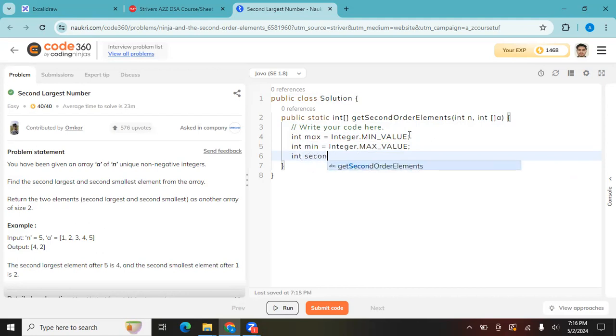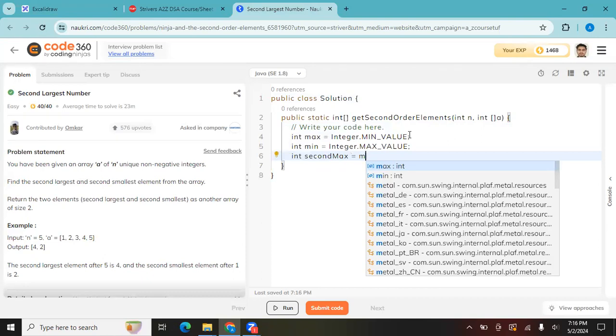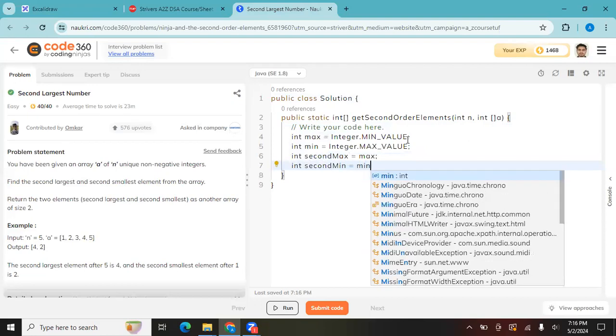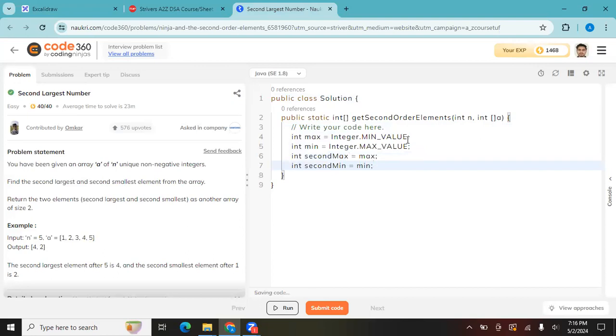We will have second max. Max. Okay. Now why second max, because they are taking care of lots of